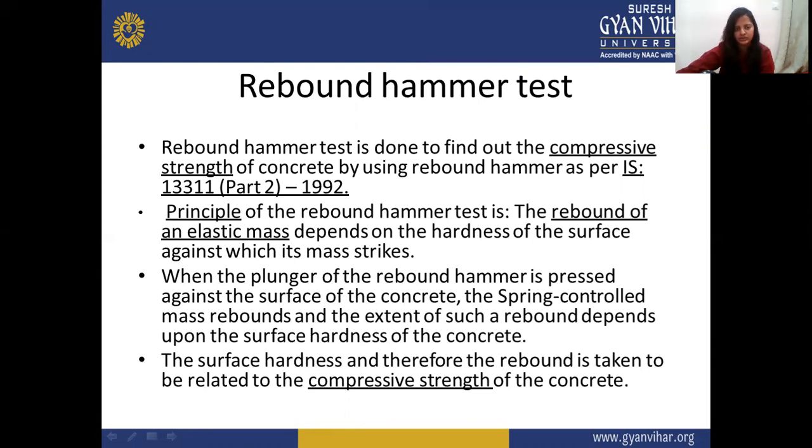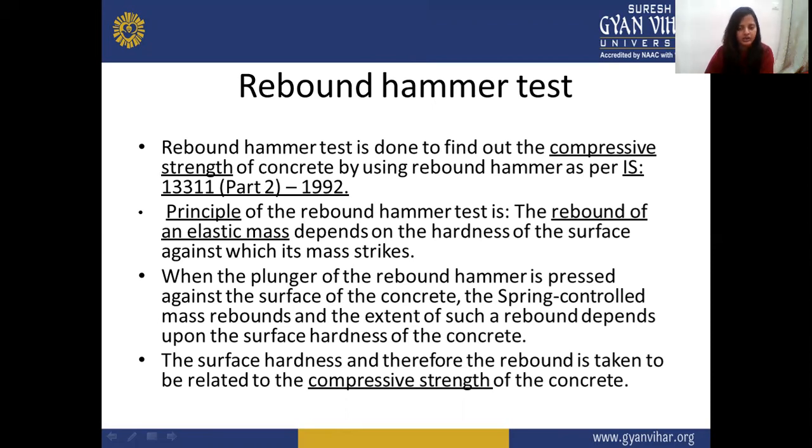There are IS codes for performing non-destructive tests, and for the rebound hammer, we have this IS code. The principle of the rebound hammer test is that the rebound of an elastic mass depends on the hardness of the surface against which its mass strikes. So it is the rebound value that we calculate because of the elastic mass, and the elastic mass is projected using a hammer, and it swings and impacts